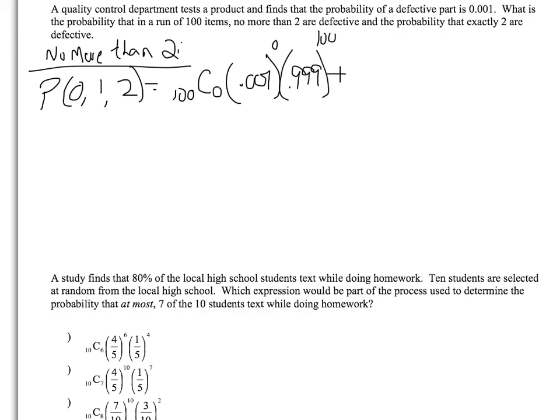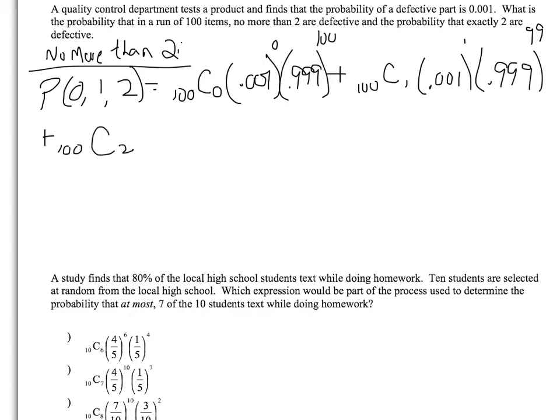Plus 100 choose 1 times 0.001 to the first, times 0.999 to the 99th. Notice what's in my parentheses doesn't change. And finally, 100 choose 2 times 0.001 to the second times 0.999 to the 98th. Type it in your calculator, round to 4 decimal places. You will get